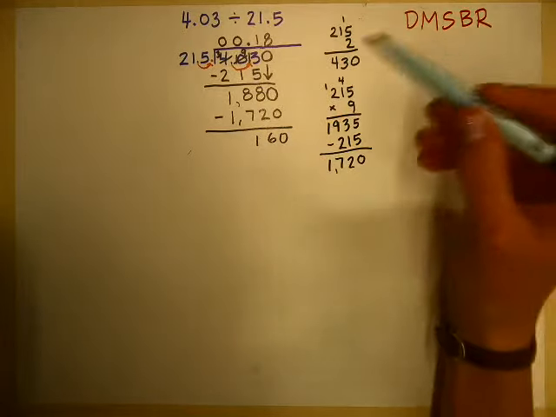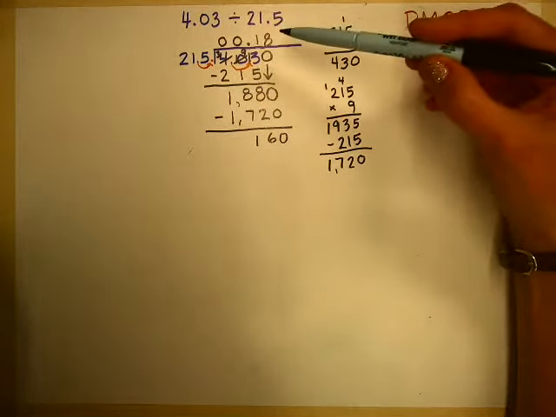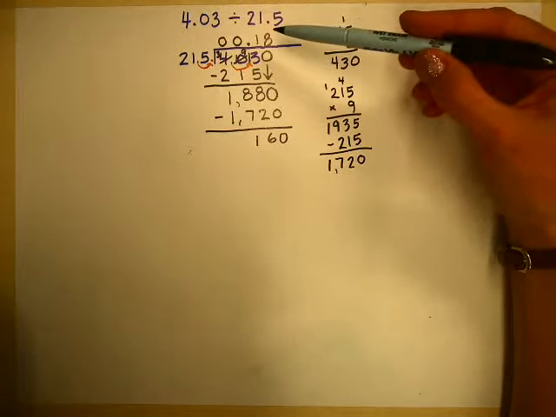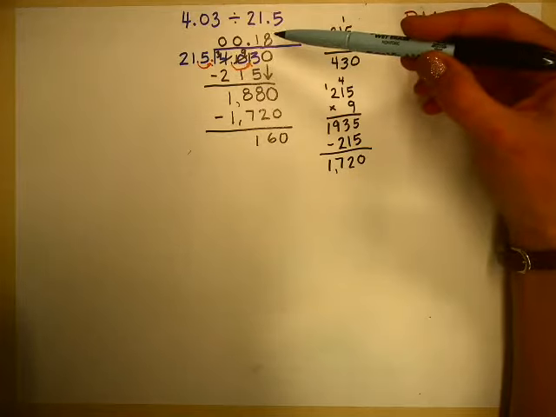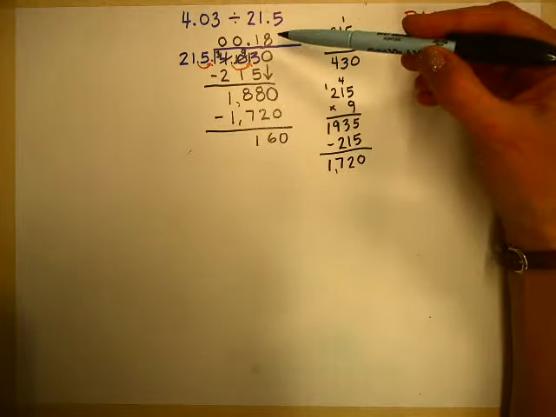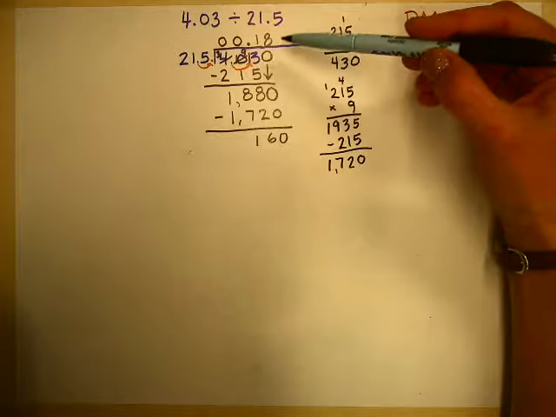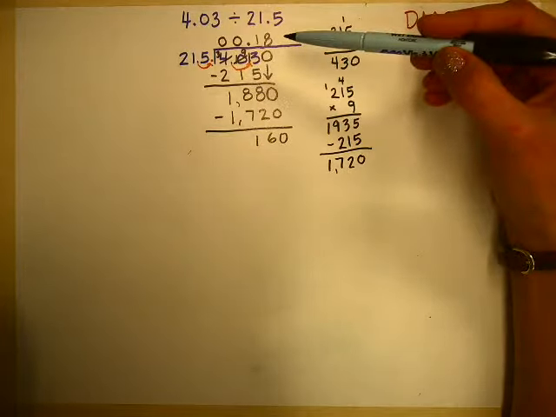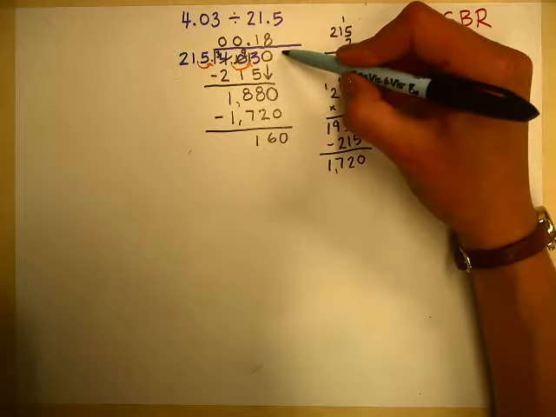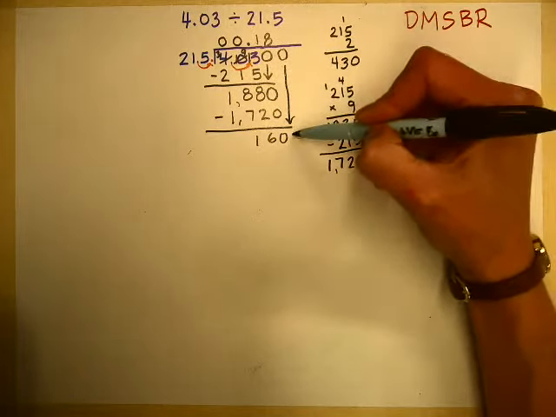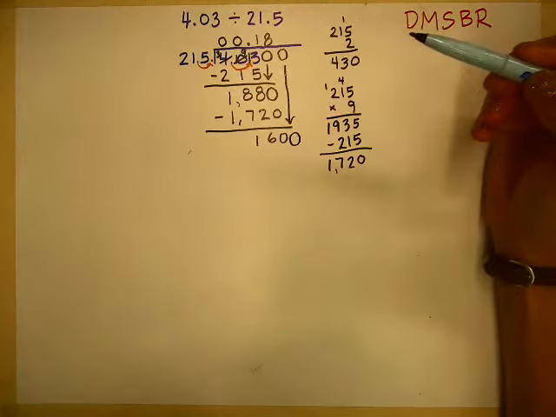160. Now, since I and other math teachers I know ask that you round to the nearest hundredth, you have to go 3 numbers after the decimal, and then you can finish your problem. You don't have to go any more numbers than that, but you can't do any less if you want to round accurately to the nearest hundredth. So, I'm just going to add one more 0, annex a 0, bring it on down, and now I have